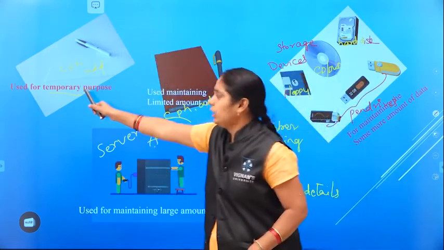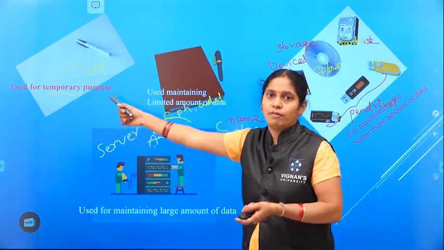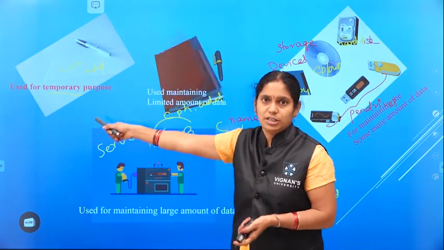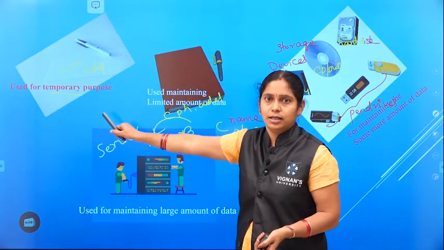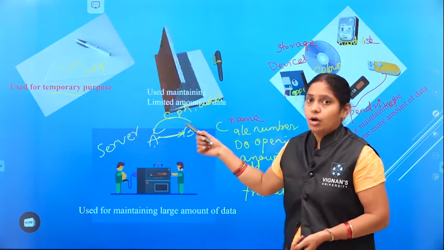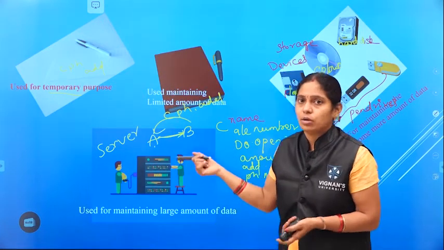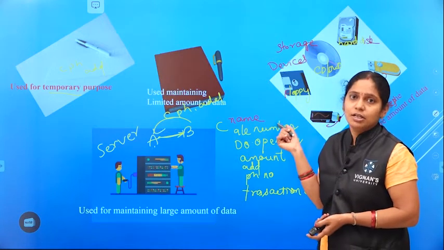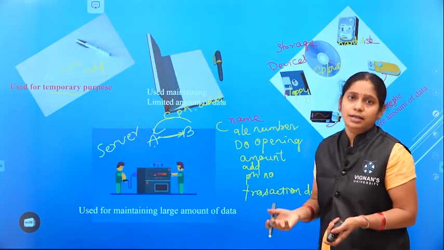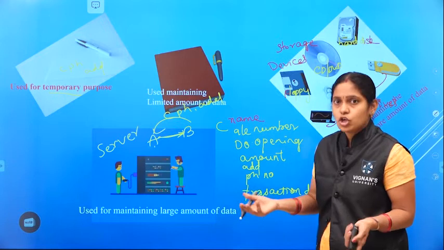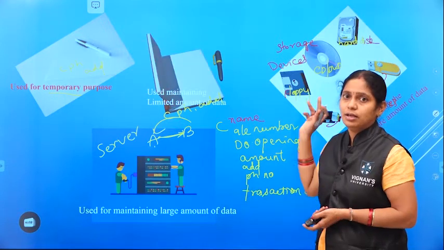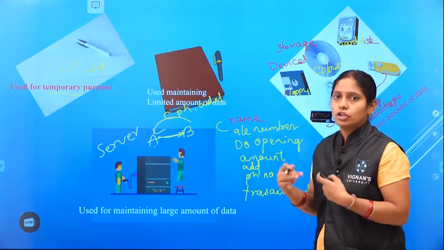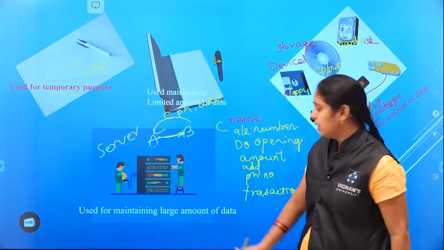If you copy the data on paper, hardly 1 day or 2 days or 1 month, you can keep that information neatly. But coming to these devices, 1 year or 5 years or 10 years, not more than that. Coming to this, it is also limited space we have. So if you have much information, we can't store that much information in those devices. So we should go to the alternate, that is nothing but a server.